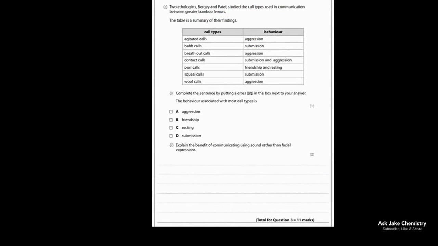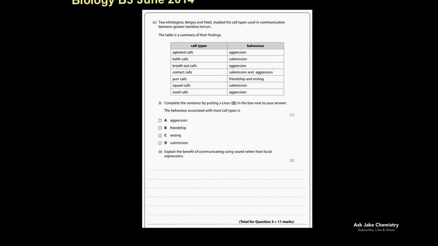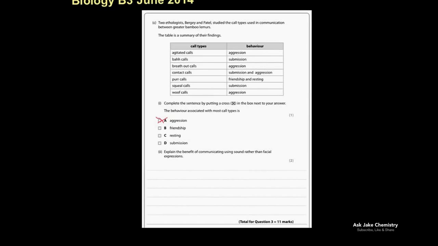So, 2 ethologists studied the call types of communication between the greater bamboo lemurs, and then it gives you some information, and it's another multiple choice question. So the answer would be aggression. I didn't even read out the question, sorry. Complete the sentence by putting a cross in the box next to the answer. So the behavior associated with the most types is aggression, and you would have to see that from the information